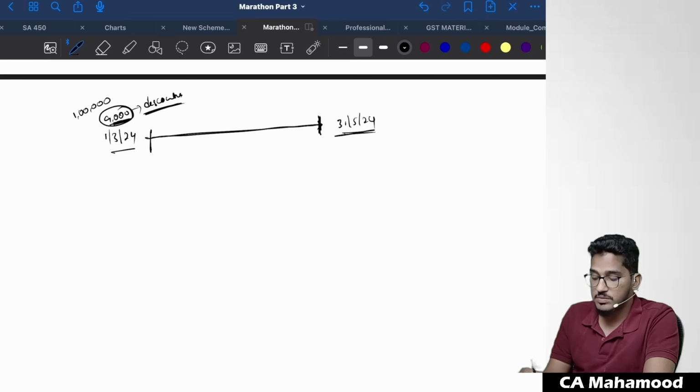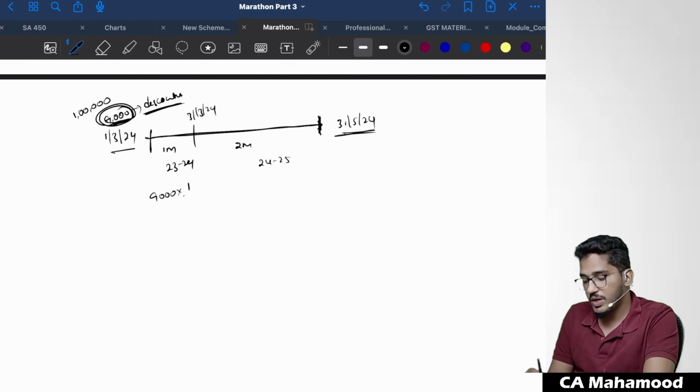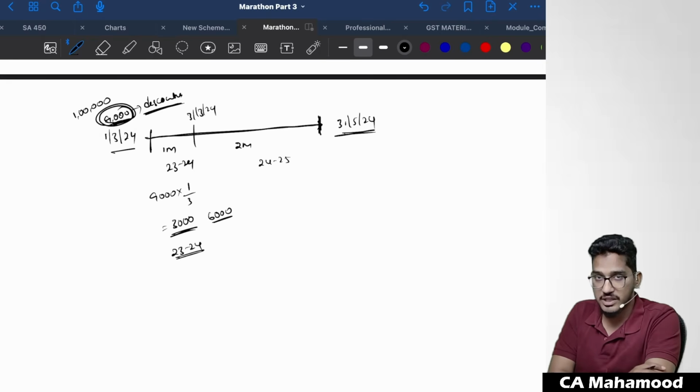So now this bill tenure is 3 months. One month will fall in the financial year 23-24, till 31st of March 2024. Two months of the bill tenure are in the 24-25 financial year. So out of this 9,000 rupees of income which the banker has collected, only 1 month's income, that is 9,000 rupees into 1 by 3, 3,000 rupees of bill discounting income, will be recognized in 23-24. What about that balance 6,000? How should we show that as on the balance sheet date?